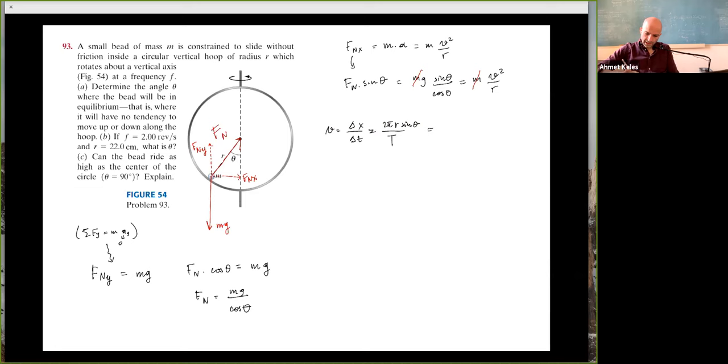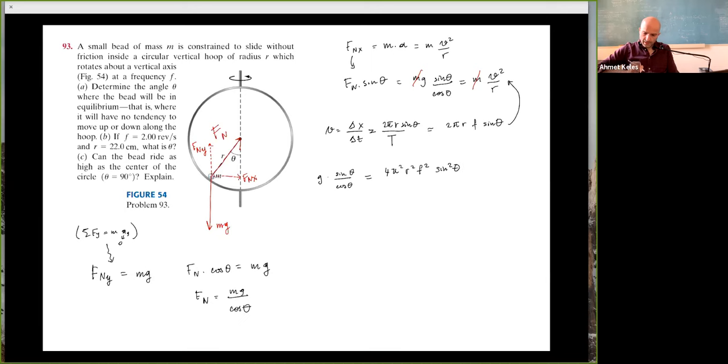So I write this as 2 pi r f sine theta. Okay, now I can put this in here. So g times sine theta over cosine theta is equal to 4 pi squared r squared f squared sine theta squared